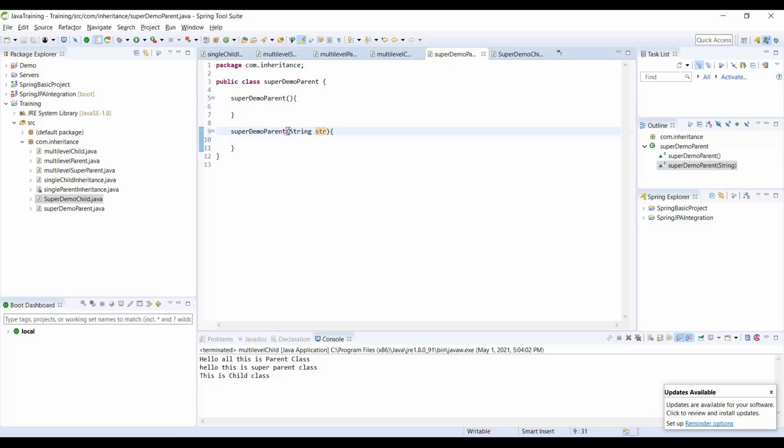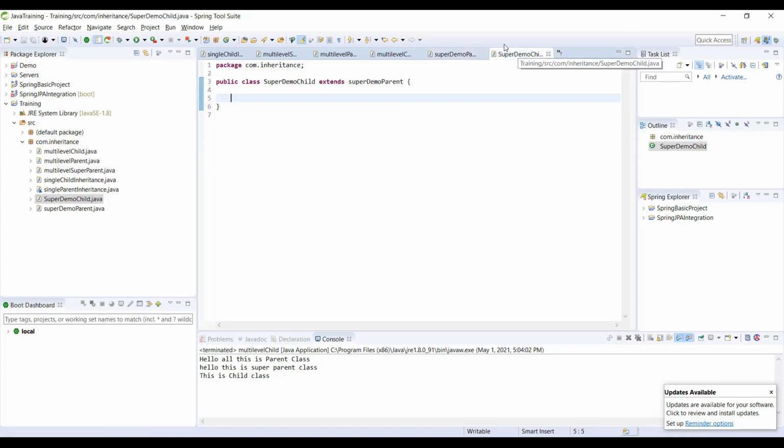Inside this, I will write "default constructor". Now I will also write "parameterized constructor", and I will append the string param here, right?